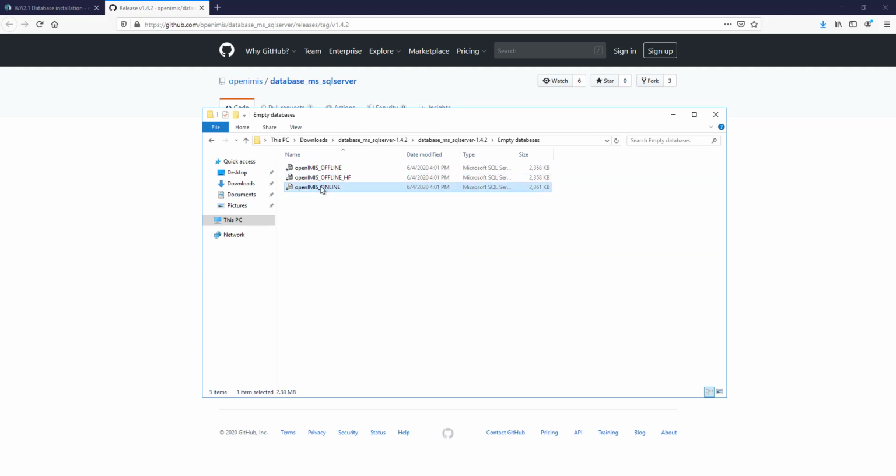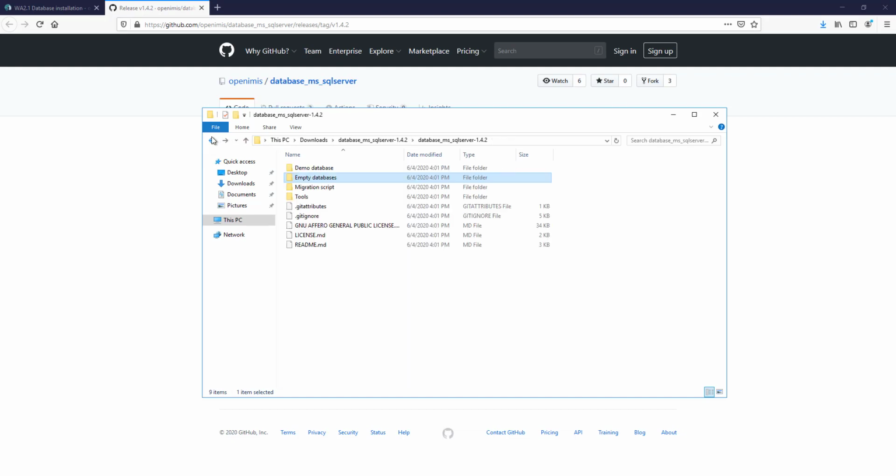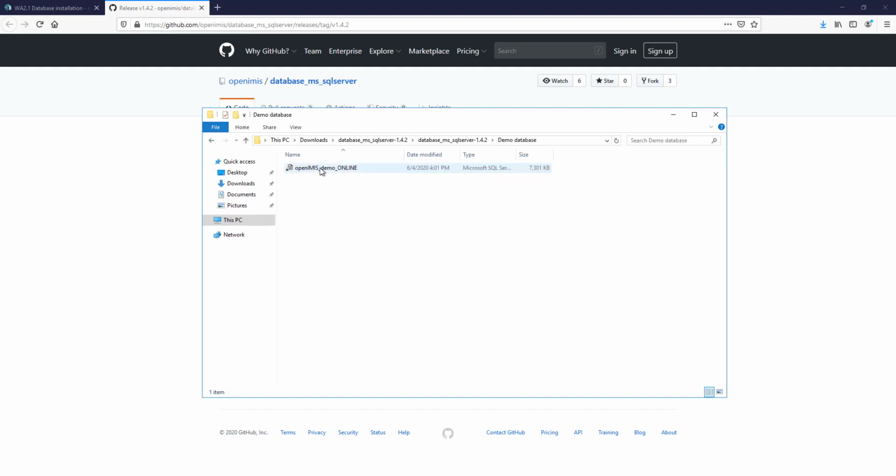The online script is the default choice when deploying a central online server. The offline mode is used for remote insurance offices without connectivity and requires manual data synchronization. The last script can be used in remote health facilities without connectivity and also requires manual data synchronization. If you don't want to start with an empty database, you can use the demo database initialization script.